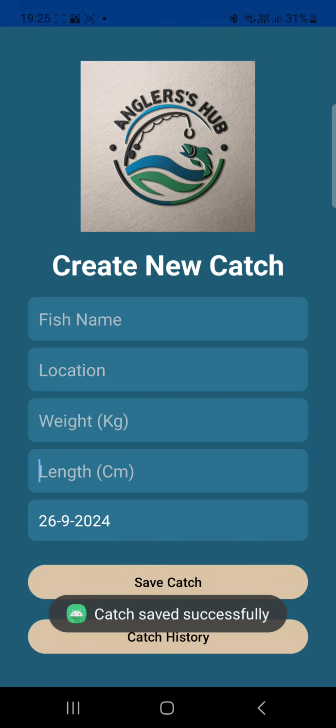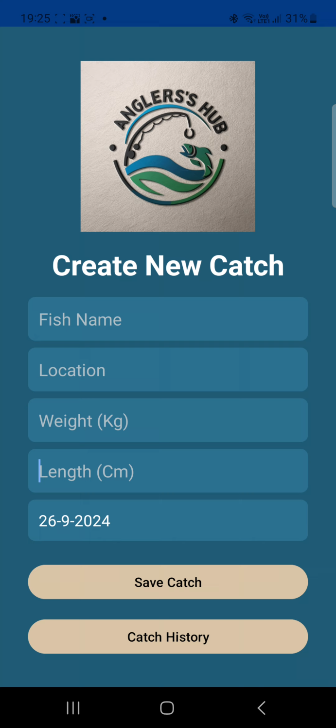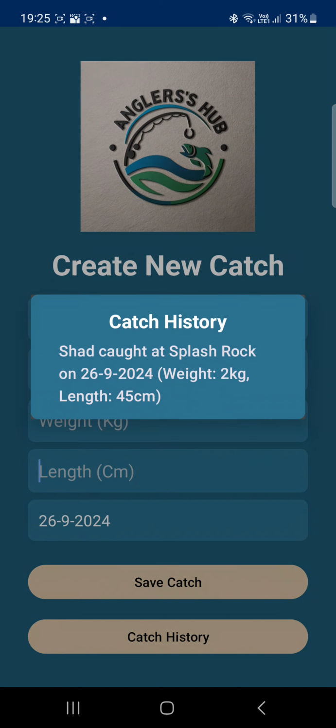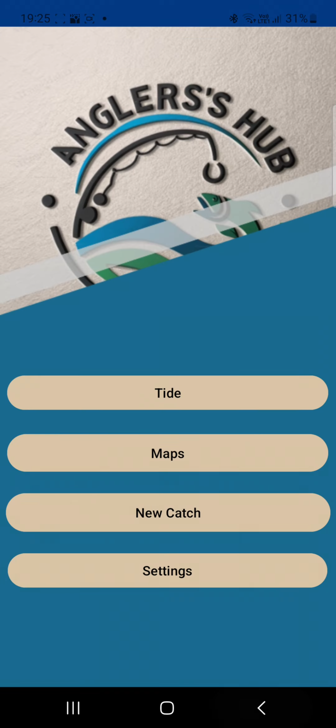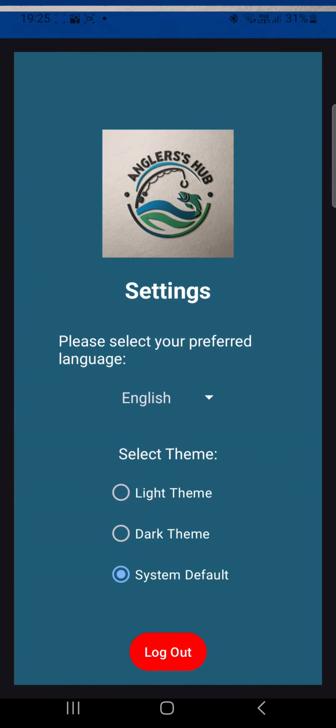As you can see, catch saves successfully, and also we can view the catch history. So as you can see, the shad was caught at Splash Rock on that date, and it also gives you the weight and length in brackets. Each catch recorded and each catch history is specific to each user that is logged in. So then we can go ahead to our last